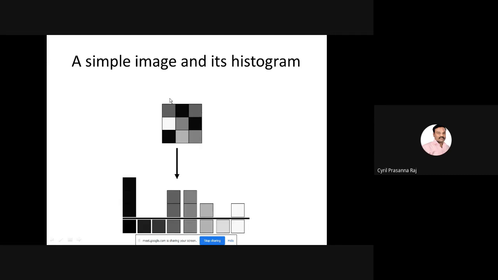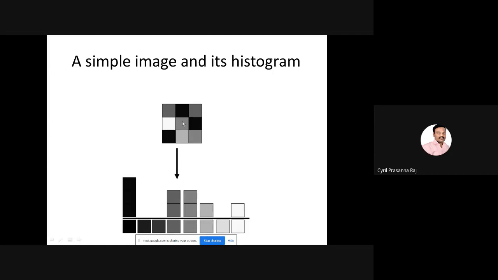Now from this given image, if you take black, how many pixels are there as black? There are 3 pixels. So we plot it as 3 pixels. For the black shade, the intensity is 0, so the number of pixels with 0 intensity is 3. Then the number of pixels with intensity equal to 255, which is white, is only 1, because there is only 1 available here. Similarly, for this intensity, maybe it could be 120 or whatever it is, there are only 2 of them.